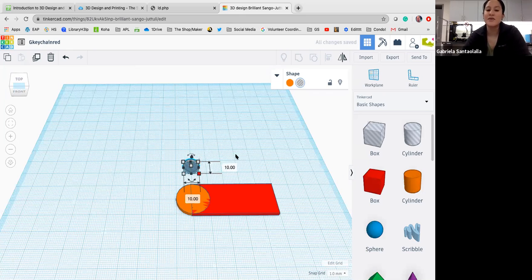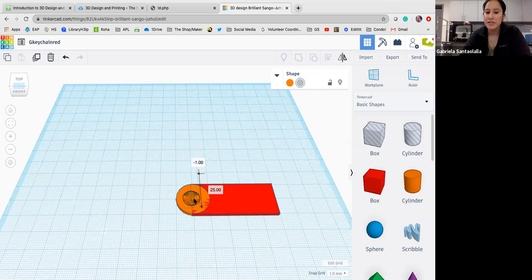About half the diameter of our original cylinder. I'm going to go ahead and click and drag it right to the center of our keychain. And to make sure that it is completely centered to that,